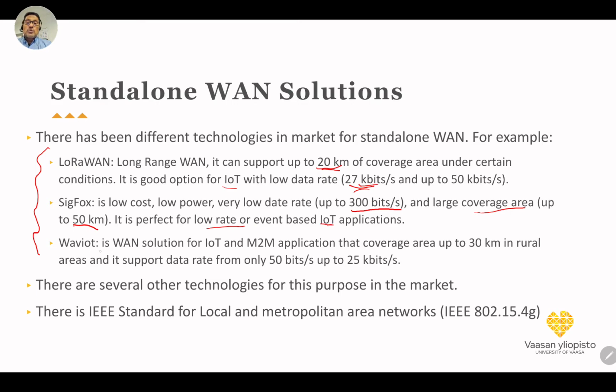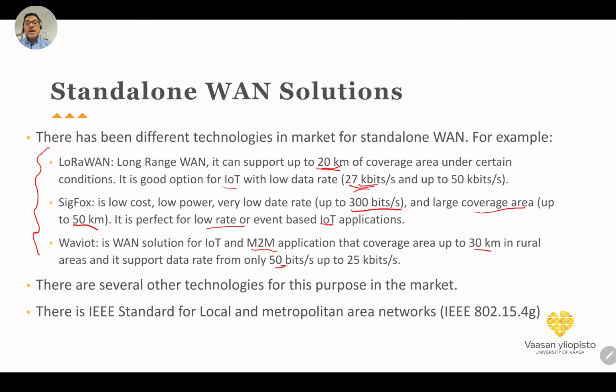We have also Weightless IoT. So it is one of the machine-to-machine applications. It can cover up to 30 kilometers in a rural area, and it can support data rates from 50 bits per second up to 25 kilobits per second. So those technologies are already now engaged in the market, and